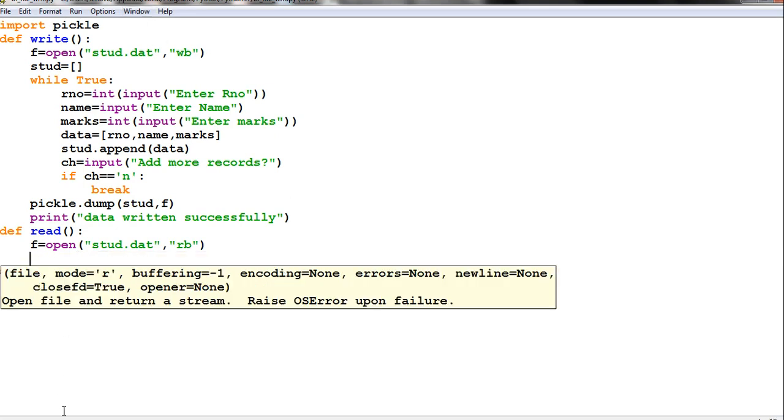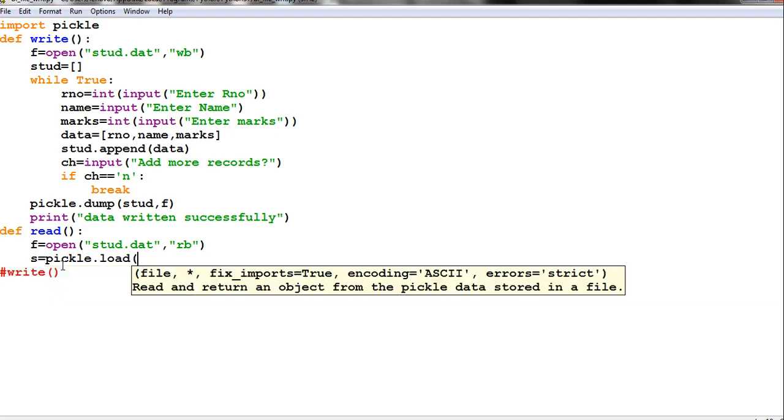RB. Next, what you have to do? Structure, s equal to pickle.load, s equal to pickle.load from the handle f.